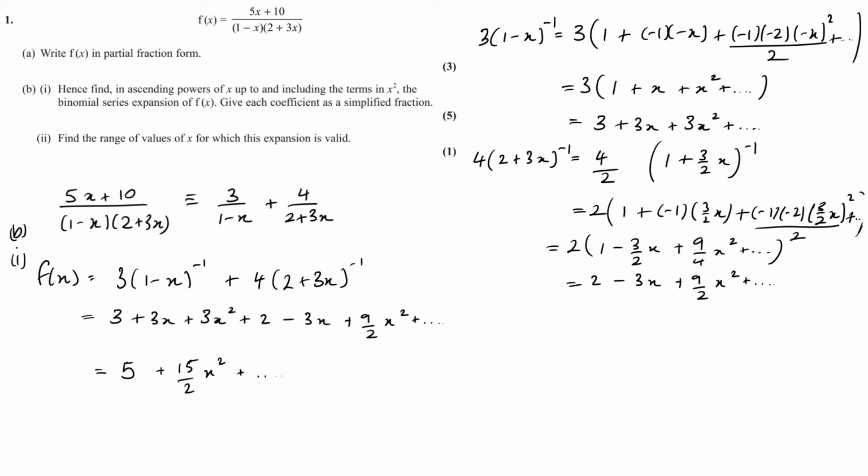Now what we need to do is look at B part 2. Now I'm going to switch my pen up a little bit to green, just to do this in another place on here, hopefully to make it easier to see where I'm going. Now we have to find the range of values that's valid for each expansion. So I've got 2 different expansions, this one and this one. Now this one's just going to bring me back the old